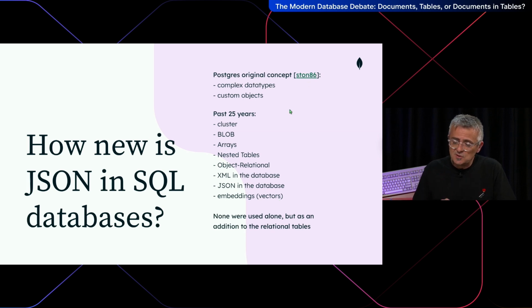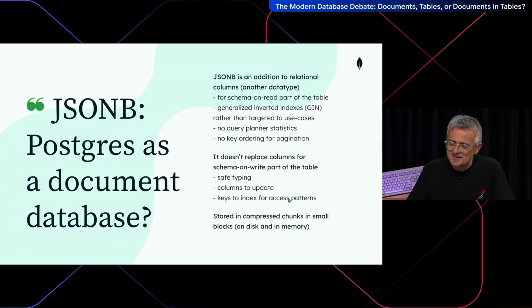Also here I have a link. If you look at the original concept of Postgres, so that's 25 years ago, the idea was really to be able to store complex data types. For example, Postgres has had spatial data for a long time, so vectors was 2 or 3 dimension vectors. Today we put 1,000, but it was the same idea. However, the problem is if you want to use Postgres as a document database and putting everything in JSON fields, then you will have a problem not in storing it, but indexing for it.